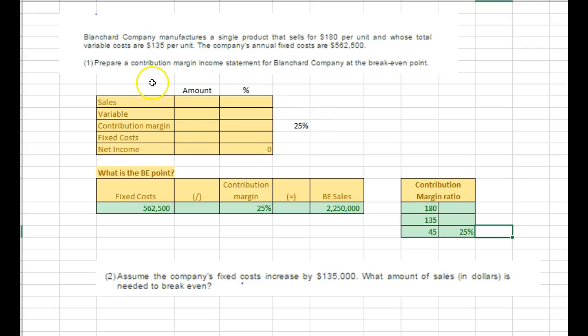Now, what is the question asking? It wants a contribution margin income statement at the break-even point. So first we've got to find that break-even point, correct? So we have this information. As I look at this, the best way